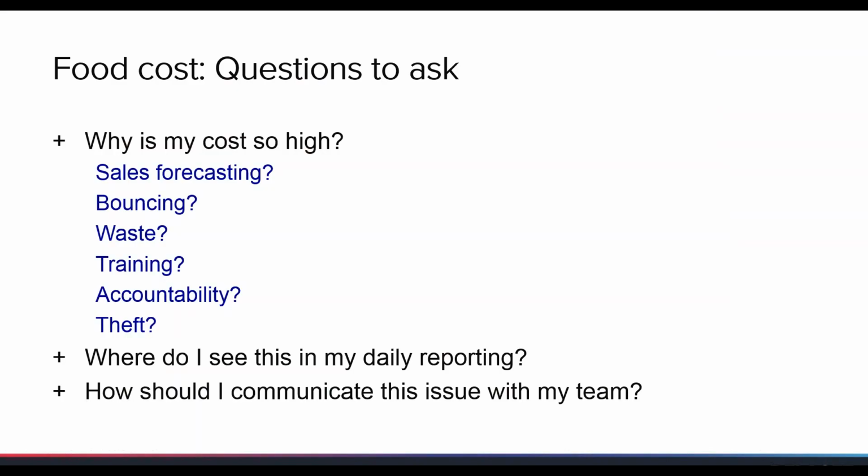So when you're looking at your food costs, why are your costs high? Again, sales forecasting, I keep riding that horse. It's an important one to ride and get right. It's the key to your success. Bouncing, I see a lot of this in a lot of restaurants, and I see a lot of it in Pizza Huts. And I know that the physical plants can be challenging from a storage standpoint, which then